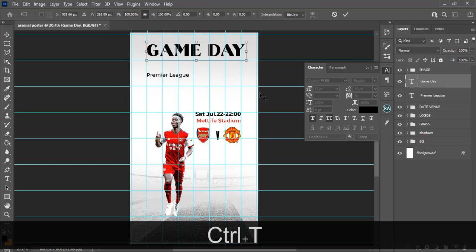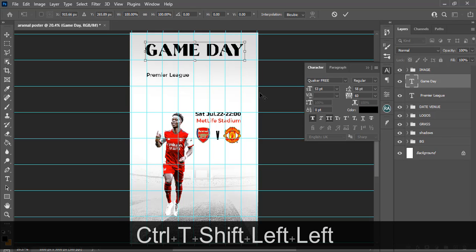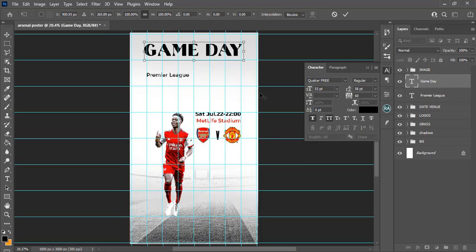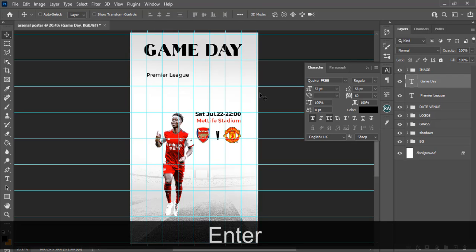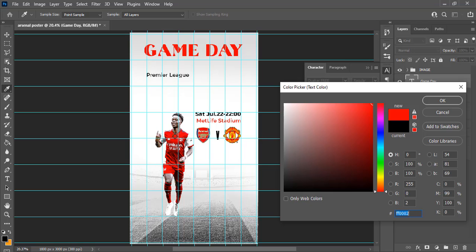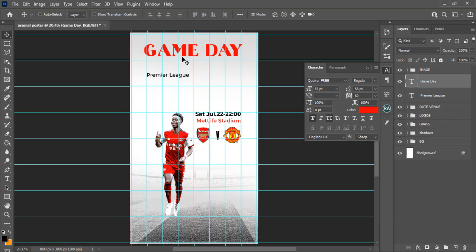Alright, so Control T, let's make sure it's in the middle of it. Okay, and then enter. I feel like it's in the middle now. Let's click on it. Let's pick any reddish color over here. Click on OK, and I feel like this is great so far, but we need to make it more interesting. So let's double click it, and then